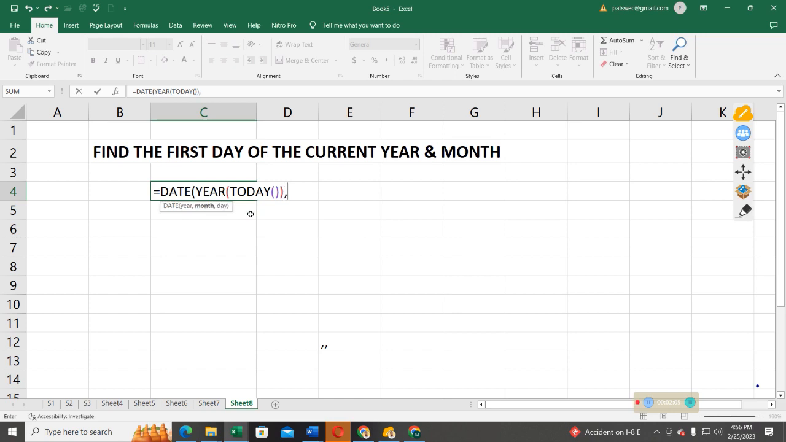Then after that, put a comma and type the MONTH function. The MONTH function returns the month as a number from 1 (January) to 12 (December). After that, go ahead and type the TODAY function again. The TODAY function returns the current date formatted as a date. After that, close the bracket, put a comma and type 1, then close the bracket and